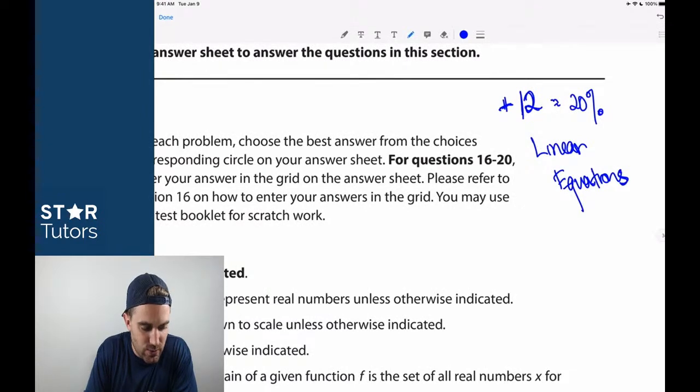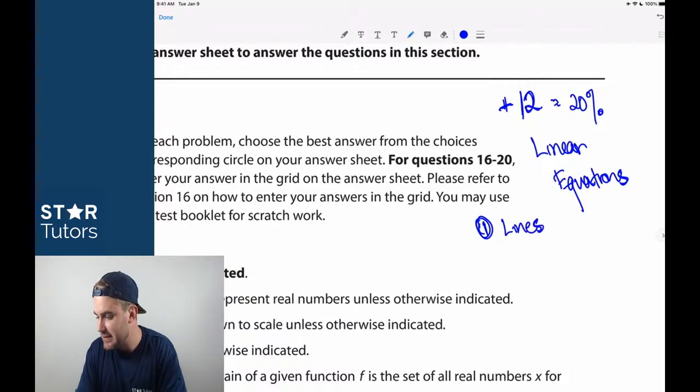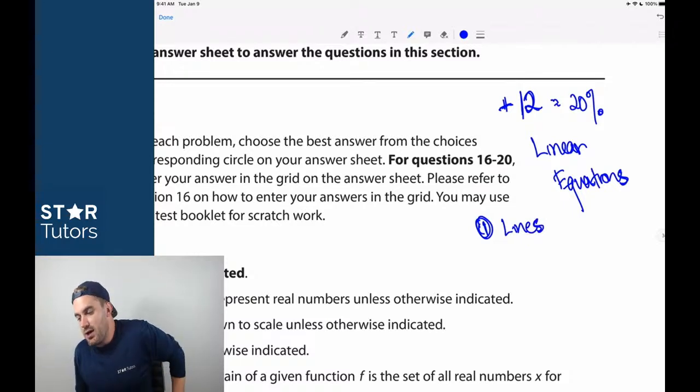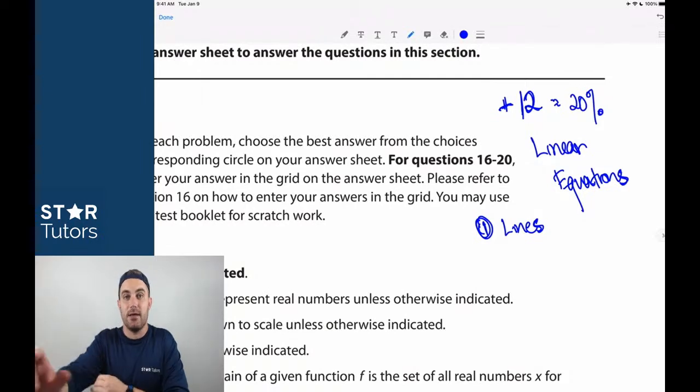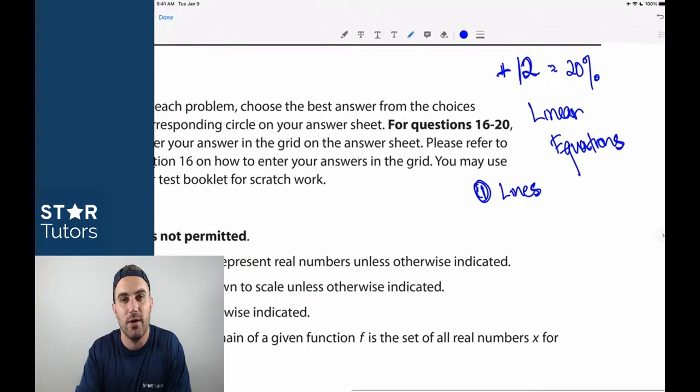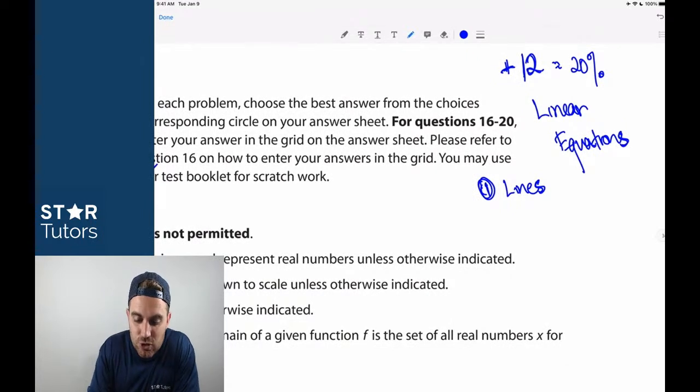What I want to leave you guys with is, if you see any of these words, be disciplined enough. If you want to go to MIT, Shashank, then the expectation is that you're never going to miss a linear equations problem. That's not me saying you can't miss it. It's true, that's what the expectation is. So you need to be disciplined enough, just like you're going to have to be disciplined enough at MIT, to say, if I see one of these words: lines, linear equations,